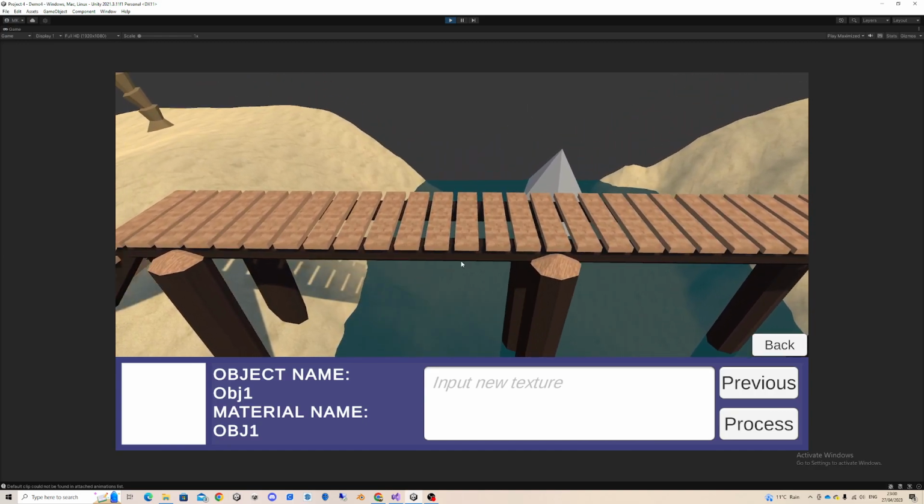So for example, let's take one of these wooden planks here. If I middle click on them, you can see that the current texture of it pops up, the name of the object, which is step, and also the material name, which is lightwood. Now, let's say I wanted to change this texture, so let's say I wanted to change it to gray wooden